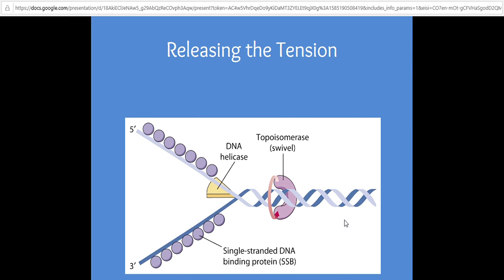So these are basically the main events of replication, after which each strand can then be